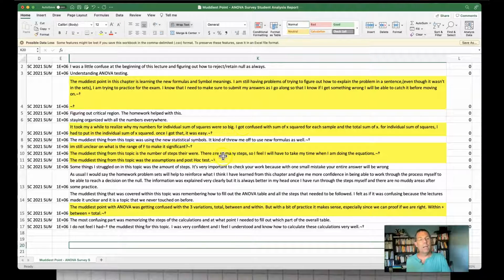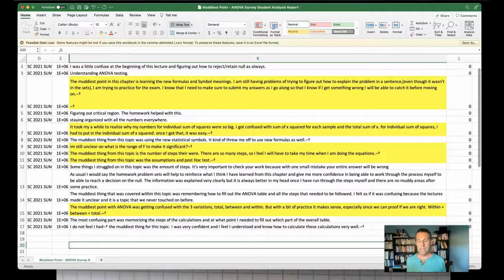I'm still unclear on what the range of F is to make it significant. Okay, so with the F ratio, one of the things that I want to remind you is that it's the same kind of idea that we did with the t statistic. What our critical region cutoff is for an F ratio will depend on the degrees of freedom. And so the shape of our curve changes with the degrees of freedom. But first off, the shape is also different than anything we've done so far. The shape for our F ratio is